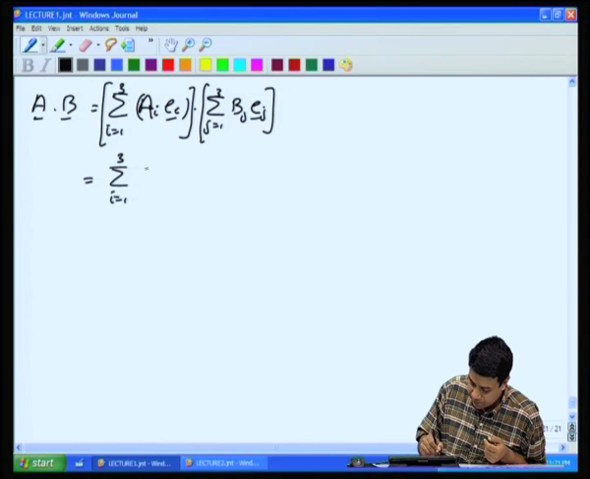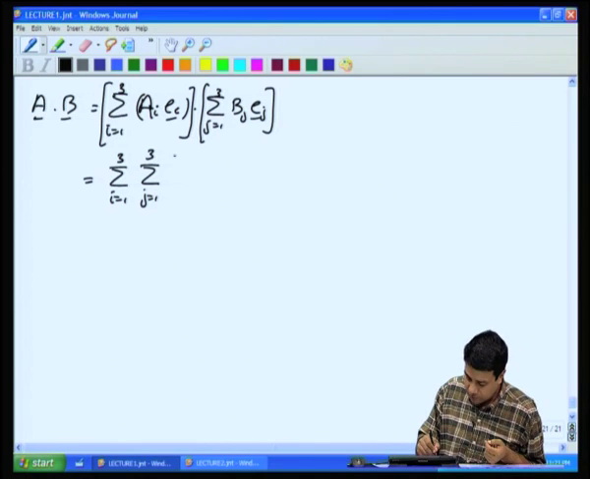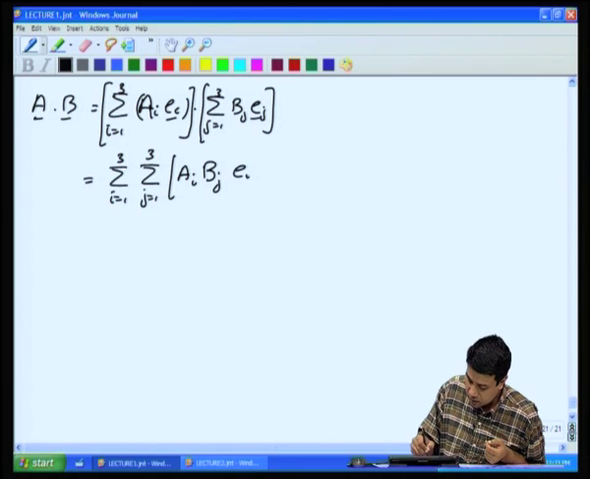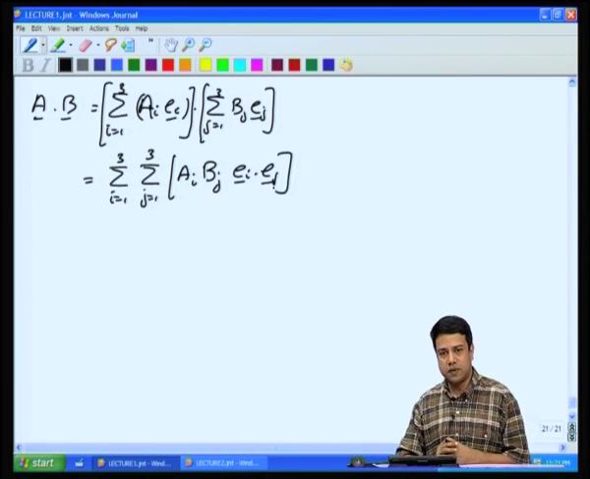1 to 3, okay, of multiply the components and dot the unit vectors. Multiply the components, dot the unit